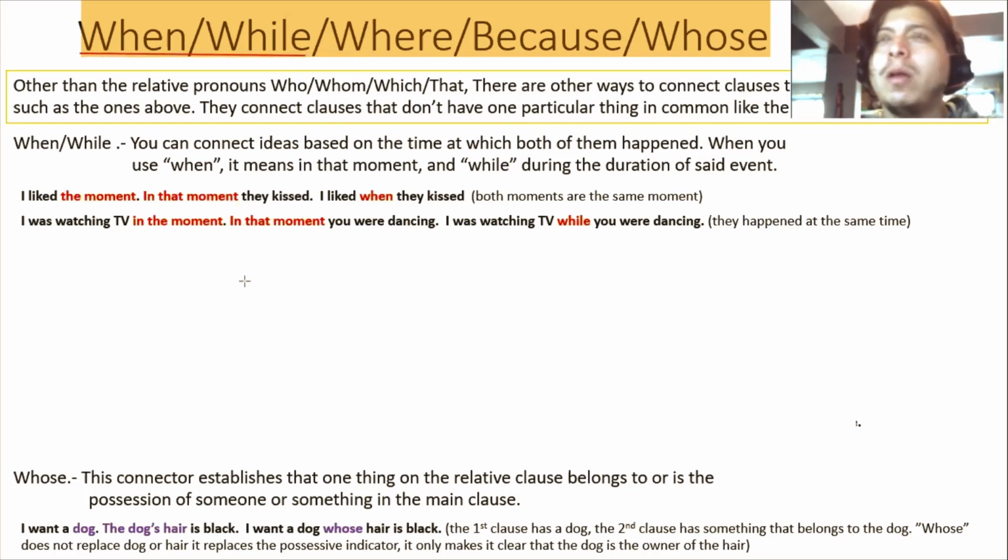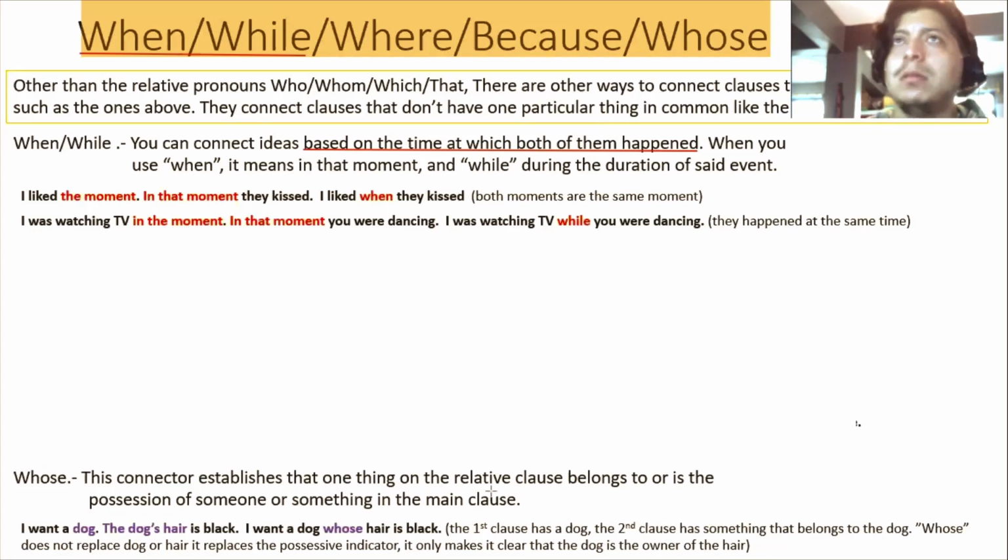You can connect ideas based on the time, the time at which both of them happen. So you have 2 ideas that happen at the same time, okay? When you use when, it means in that moment. And when you use while, it means during the duration of said event. So they are similar, they are speaking about time, but they are a little different. How does this work? Okay, so let